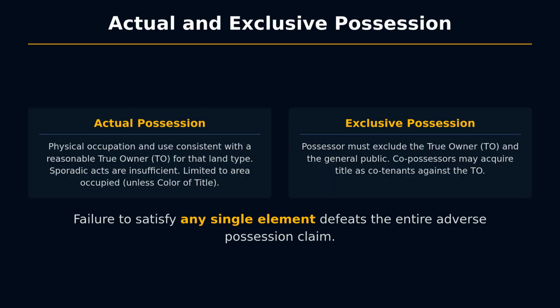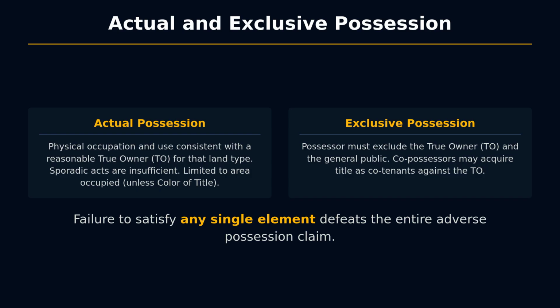Actual possession requires the adverse possessor to physically occupy and use the land in the manner a reasonable true owner would. This standard considers the land's character and location. Sporadic or minor acts of trespass are insufficient to establish actual possession. The extent of the land claimed is strictly limited to the area actually occupied, unless the possessor claims under color